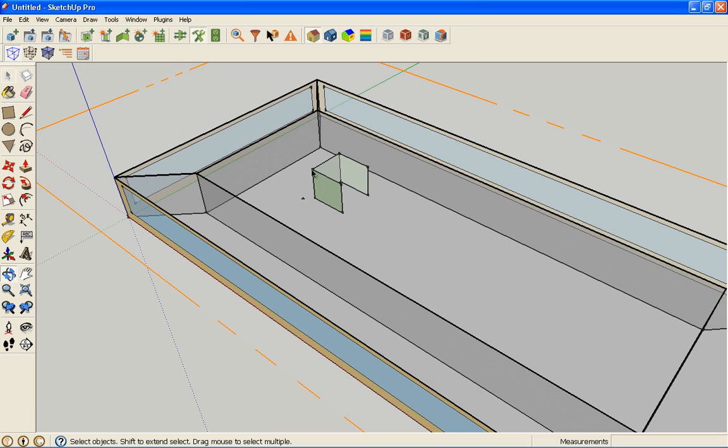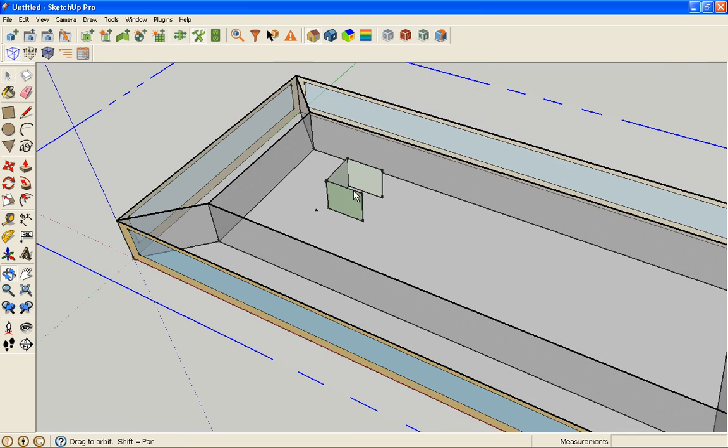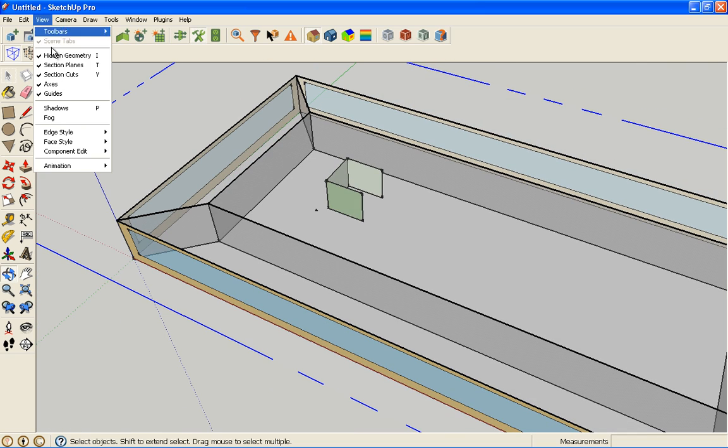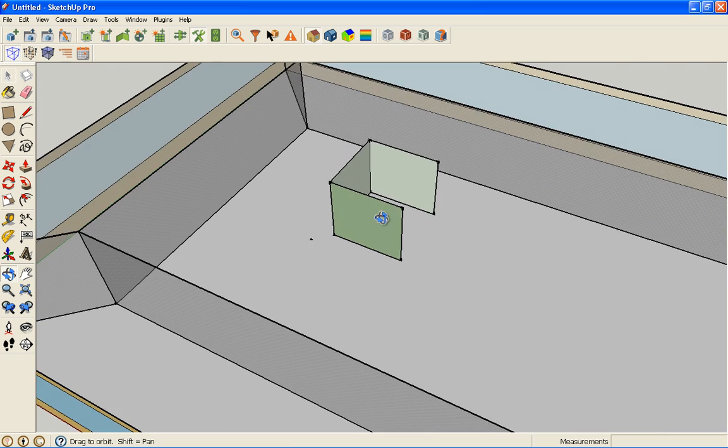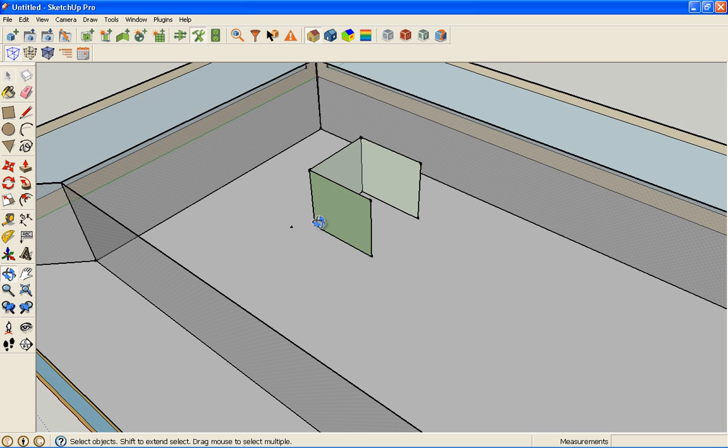So I now have a cubicle sitting all by itself in this building. I'm going to get rid of my section now, well, we'll leave it there for a minute. I'm trying to hide the section cut, and I forgot my shortcut, but let's go to hide the section plane, and this will look a little nicer. So we have a green color for these. There is a front and a back, which have different materials applied depending upon what your construction is. They could be drywall and drywall. It could be, you know, anything you want.